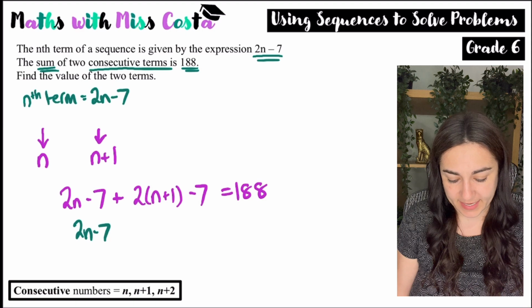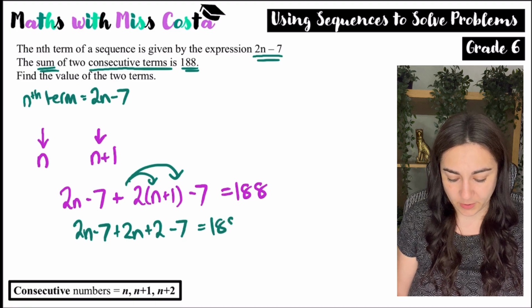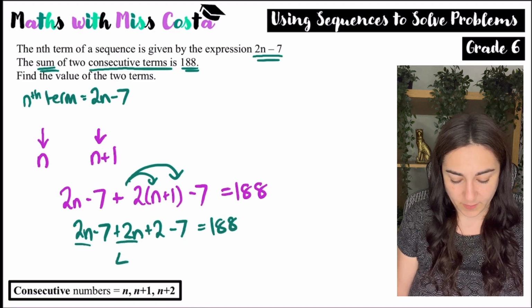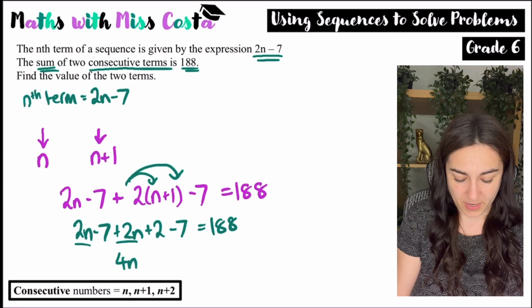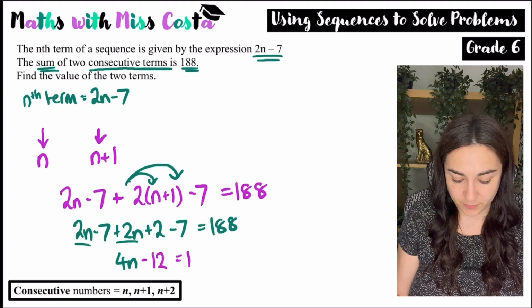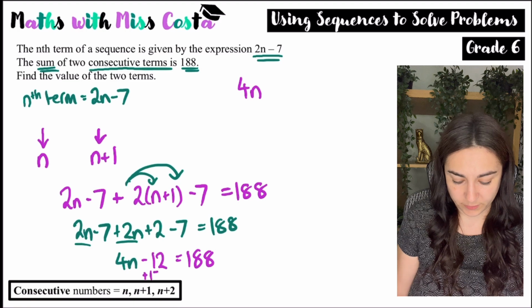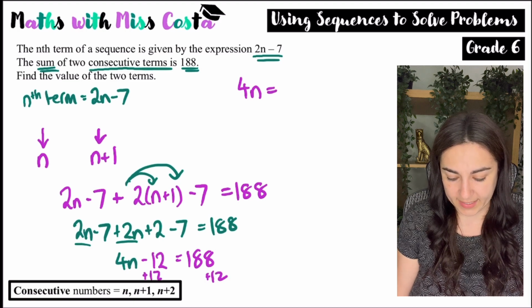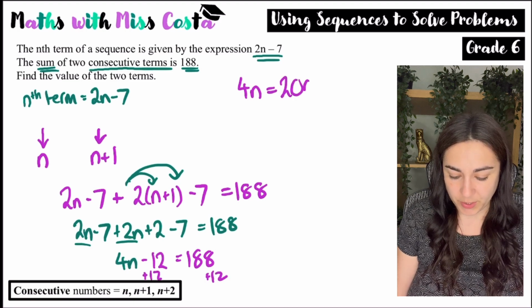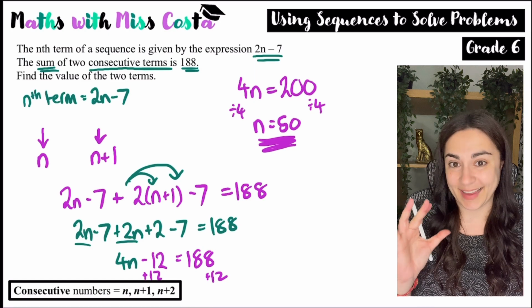That would give me 2n take 7 plus 2n plus 2 take 7 must equal 188. So 2n plus 2n is 4n, minus 7 is minus 14, plus 2 is minus 12, equals 188. So then add 12 to both sides. 4n is going to equal 200, and divide by 4, n is going to equal 50. So that means that n is 50,